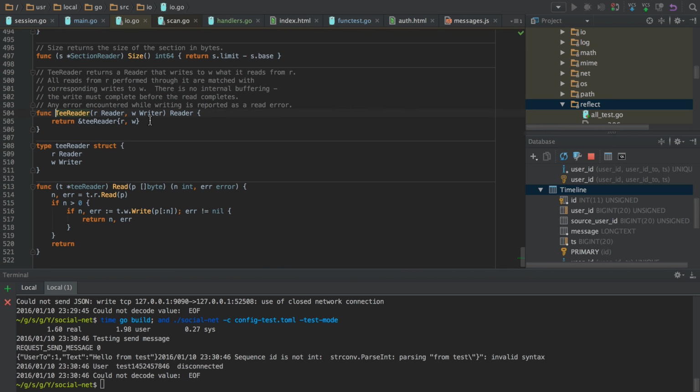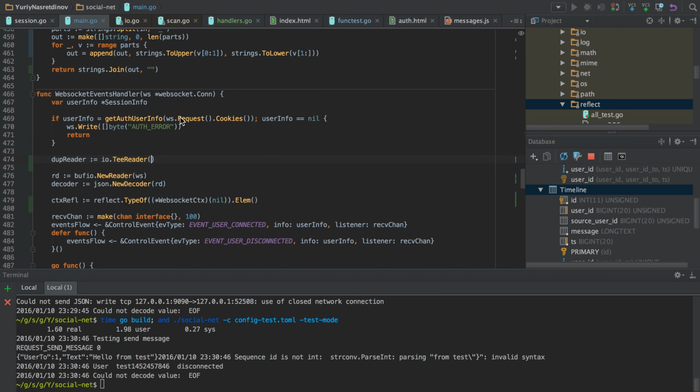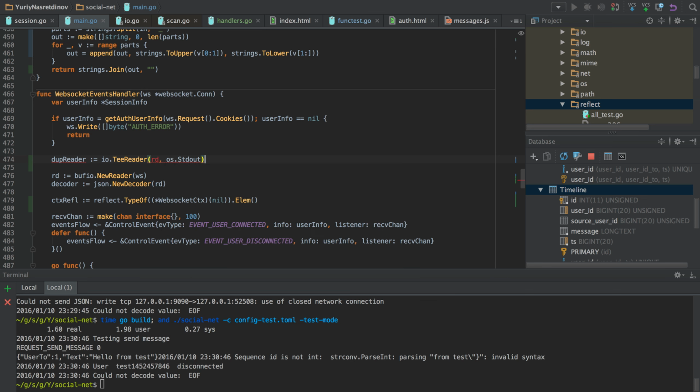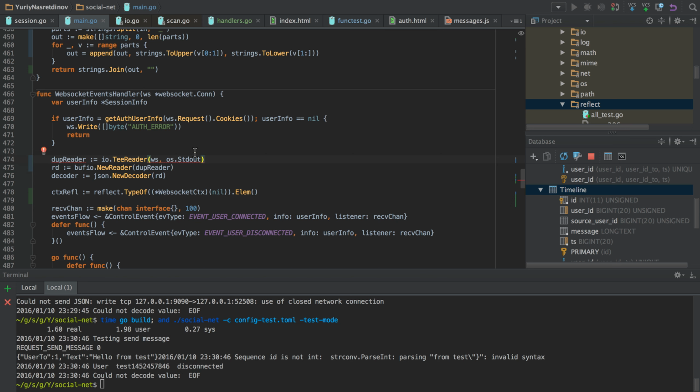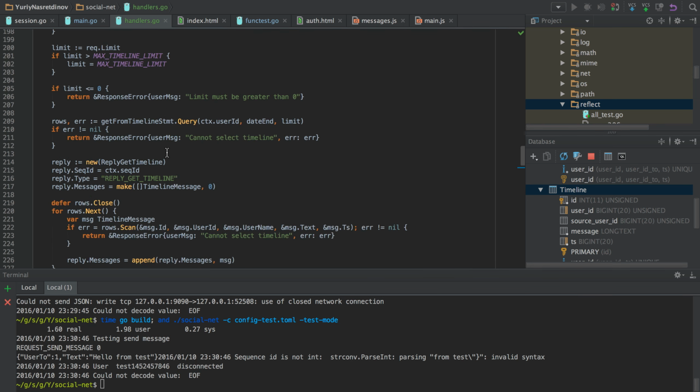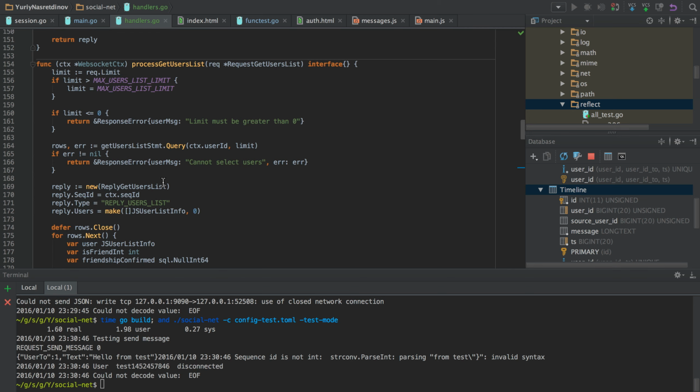So yes, here it is. It's a TeeReader, and what it does is copy everything that is read from the WebSocket in our case to another stream that in our case would be just stdout, and it returns a new reader that has all the output.